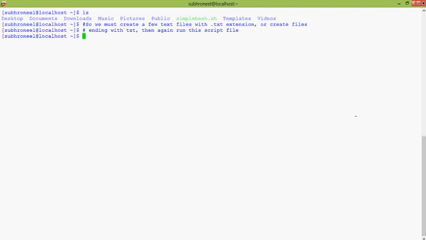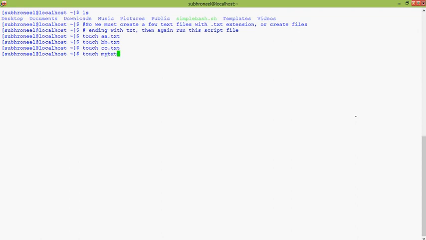So let's create the files using the touch command. We will just create 4 files, with dummy names: a.txt, bb.txt, cc.txt, and the last one is my.txt.